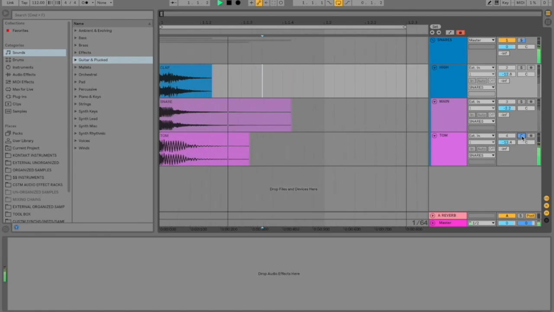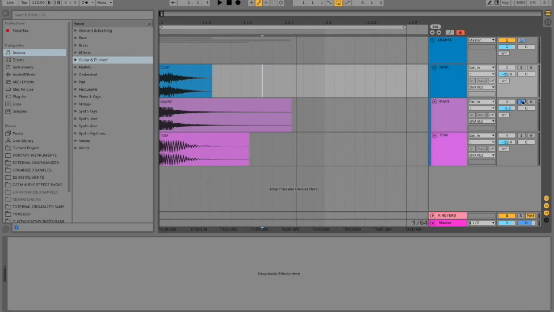And if we play all 3 of these together, you can hear it is already sounding much more powerful and impactful. The next part of our layering process is adjusting the pitching of each sound to make sure that they all gel together. If we go back to the main snare here,